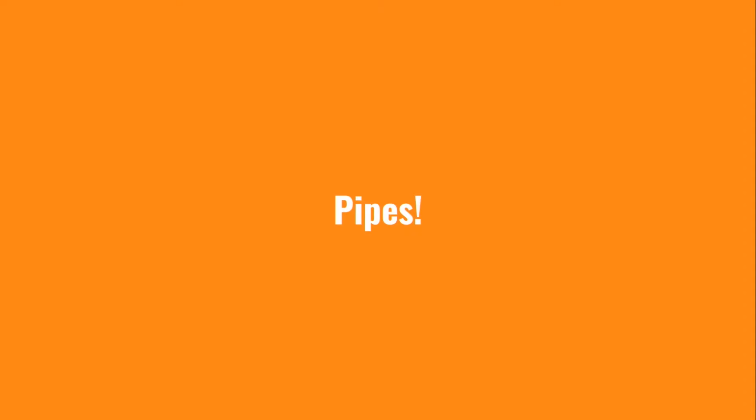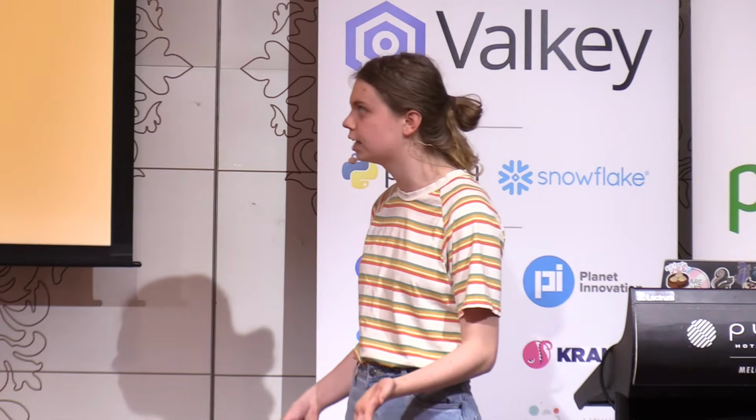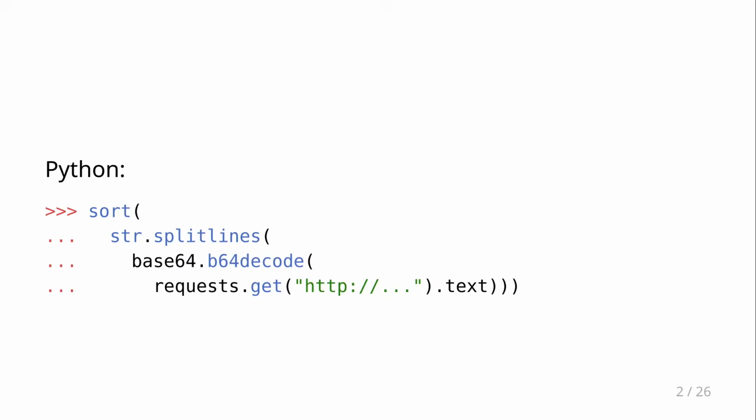Now, there's this programming language feature that exists in a bunch of other languages, but not in Python, and it's called pipes. First of all, let's motivate this with some Python code that I can currently write. I've got a bunch of code that's going to do something. First, we're going to do an HTTP request. We're going to get some data out of the internet, and then we're going to take the result of that